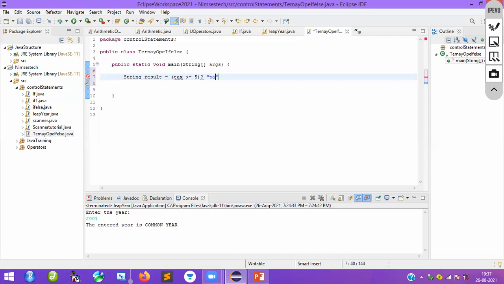Tax must be paid. I am taking different examples. Again, there is a rule. You will be able to see it if you start working in the company, then you will learn to understand these things. So if your earnings are more than 5 lakhs, it means you have to pay the tax to the government. So here I am going to say tax